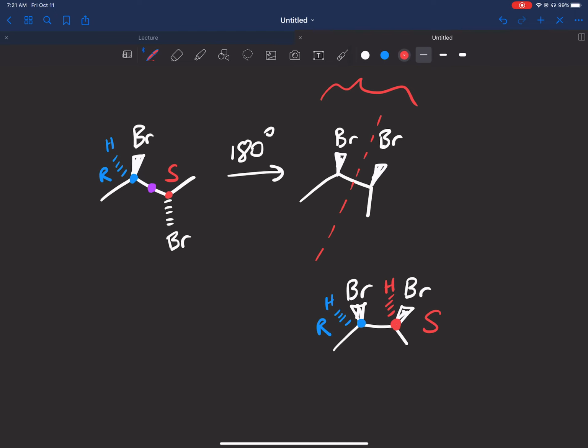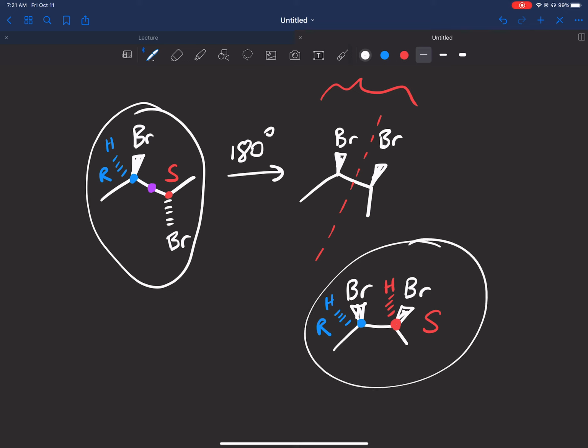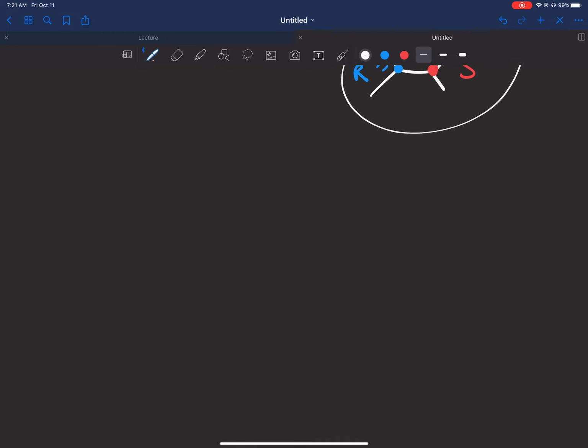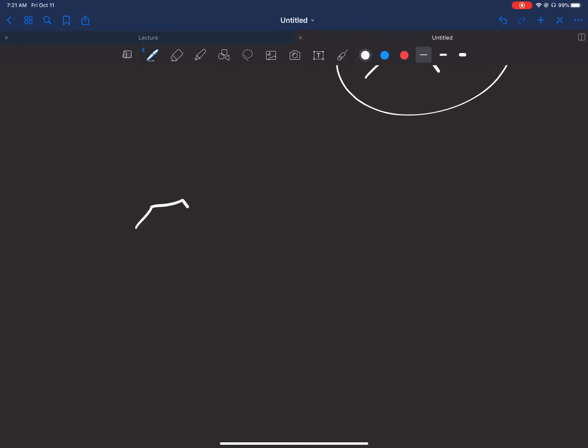One in which the case they'll probably give it to you like this, where they're kind of weird looking, and then one here where we did the bond rotation. Okay, so those are meso compounds. Now I want to also show you guys one thing. They could ask you on a test how many stereoisomers does a specific compound have. You must be careful when talking about meso compounds. Okay, for example,